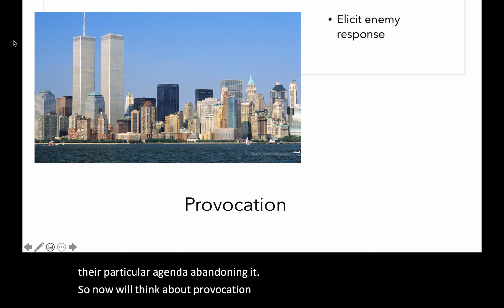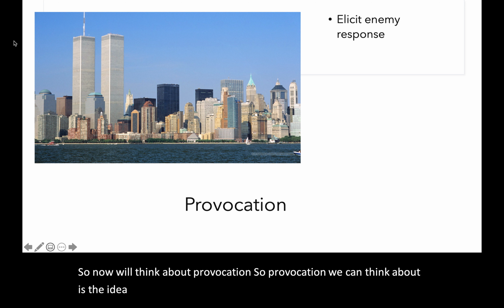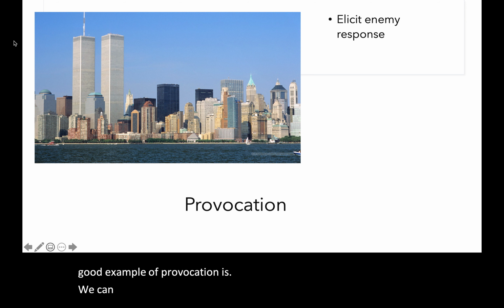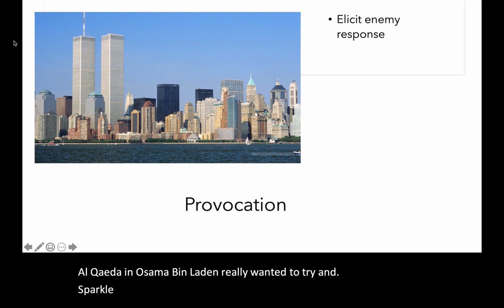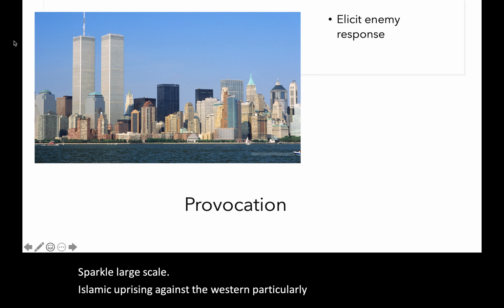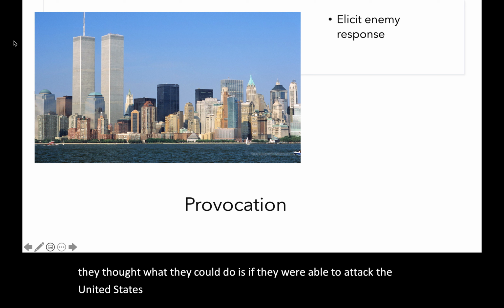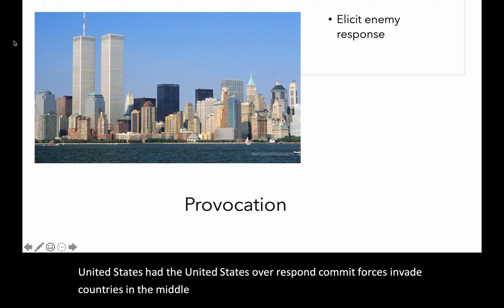So provocation we can think about is the idea that terrorists want to try to elicit an enemy response. And a good example of provocation is we can see with Al-Qaeda's attacks on 9/11. And Al-Qaeda and Osama bin Laden really wanted to try and spark a large-scale Islamic uprising against the West, and particularly the United States. And they thought what they could do is, if they were able to attack the United States, have the United States over-respond, commit forces, invade countries in the Middle East, what this would do is this would serve to then